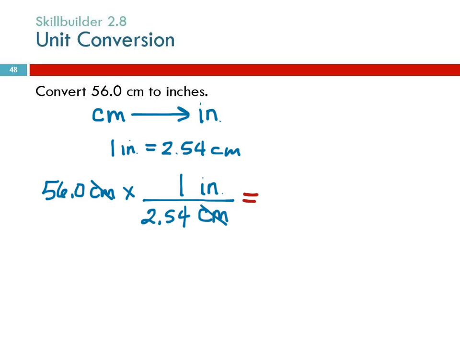So we've got 56.0. And the way you solve these is you just go from left to right. When you come to a fraction, multiply by the top, divide by the bottom. Some people recognize, well, I don't really need to put in times 1 in my calculator because it's not going to change anything. You're right, you don't need to. But if you're a very literal, concrete person and you say, but there's a 1, I need to multiply by the 1, go right ahead. It's not going to hurt anything. Okay? So 56 times 1, if you like, divided by 2.54 equals,